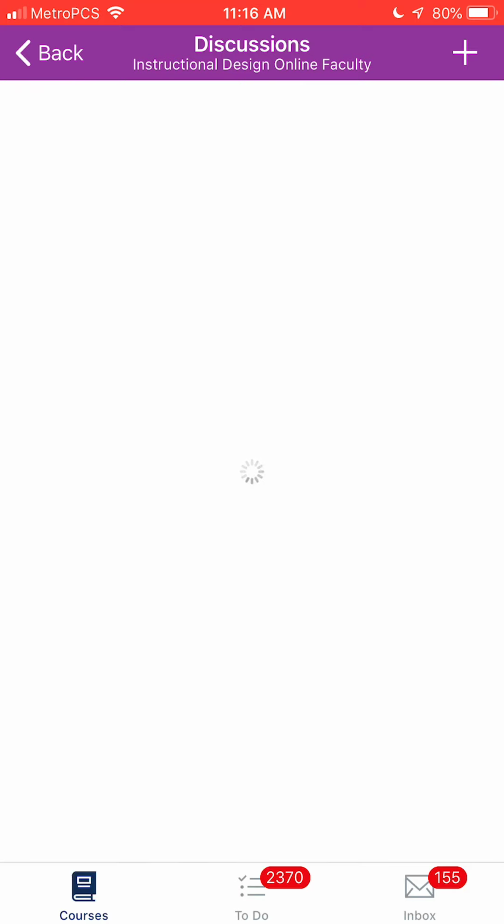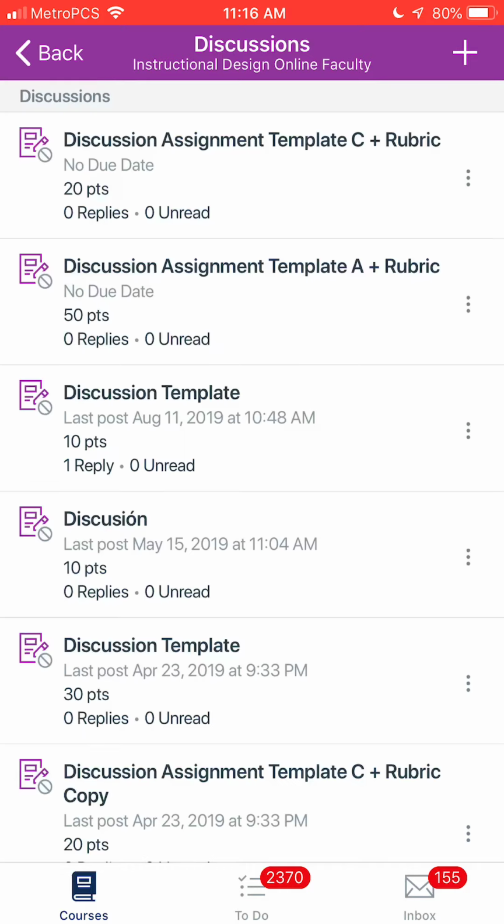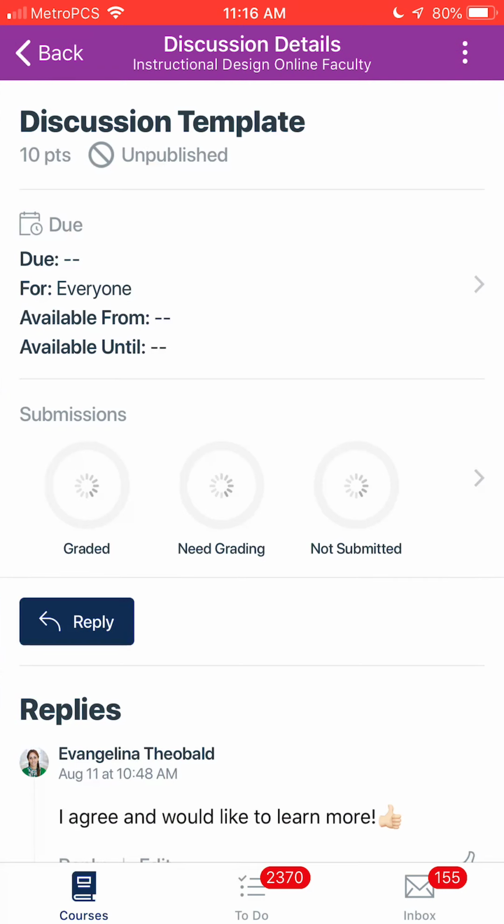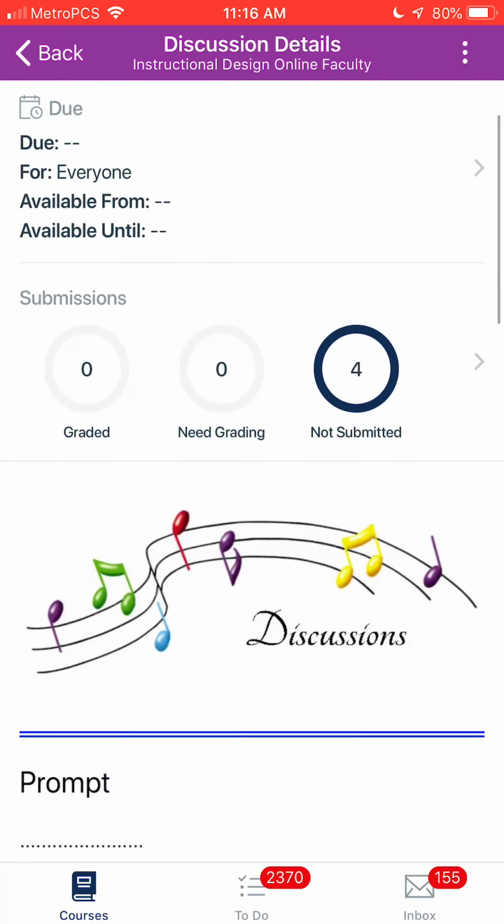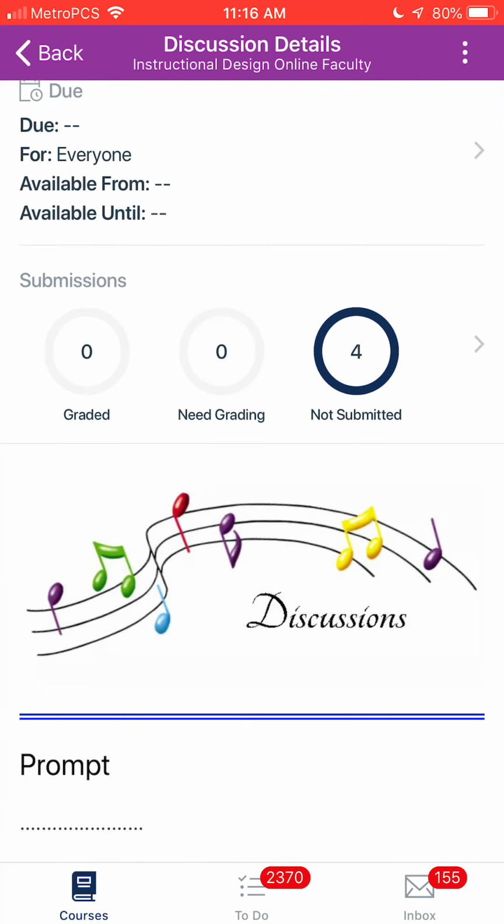If you click that plus sign, I can see you monitoring the students who have not submitted. So take an example discussion template, this one. You have 3 circles here. These circles indicate how many students have been graded, how many need grading, and how many students have not submitted